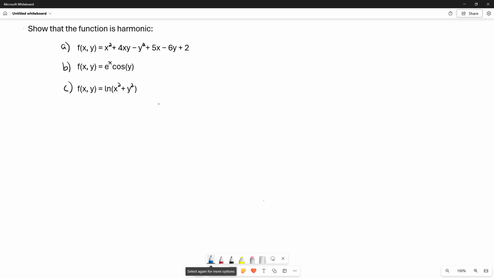So to show that a function is harmonic, we have to show that the Laplacian of the function is equal to 0, and the Laplacian of the function is the second derivative with respect to x plus the second derivative with respect to y. So the pure partial derivatives of the second order. So for part A,